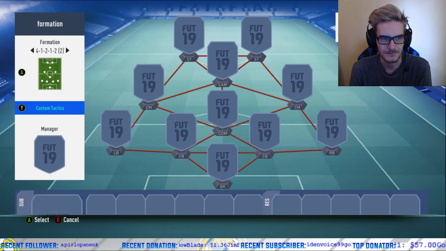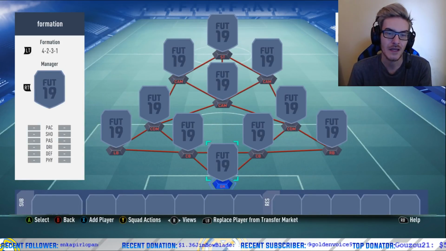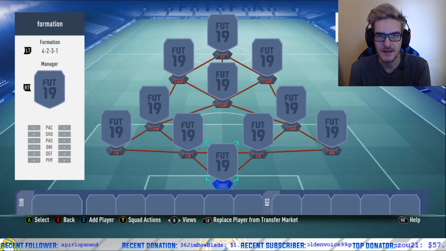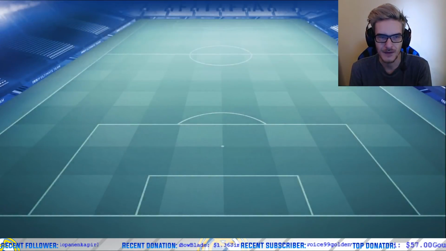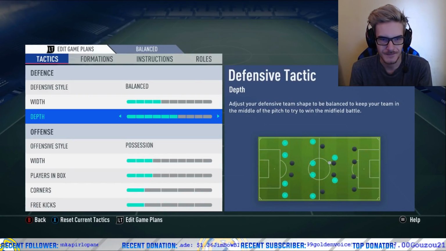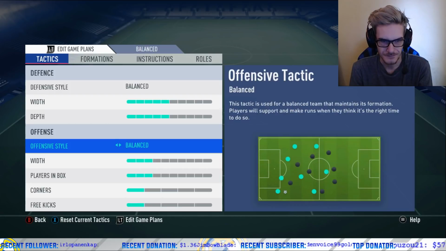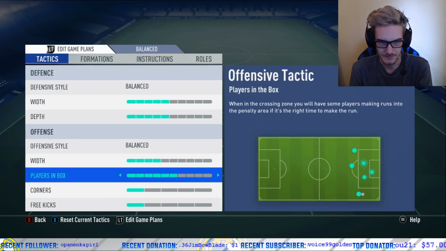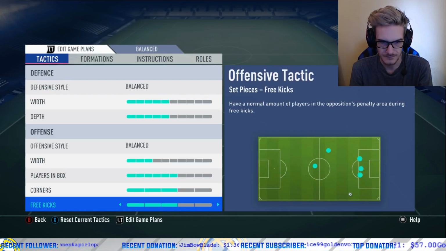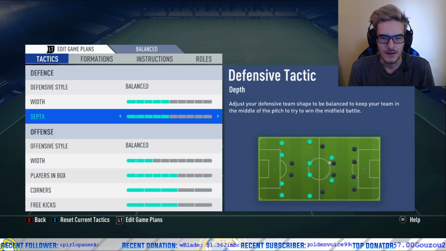Another one, let's choose the balance. In my opinion, this is the best formation to use right now in the game. This is what I use, and this is what I found success with. 4-2-3-1, and the tactics are as they follow. This is what I use. Exactly this for my 4-2-3-1, and I gotta say